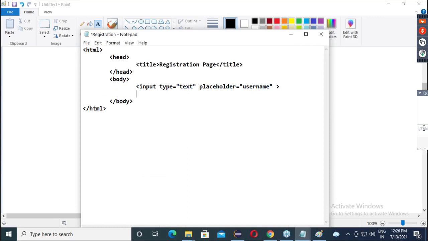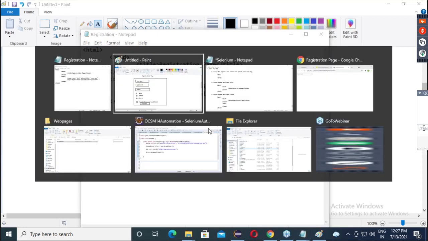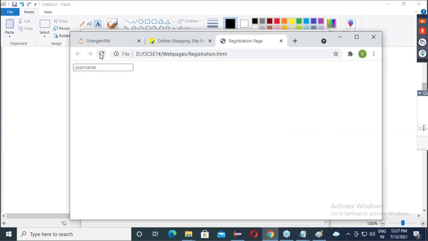Again, we have to give input, type equals to text, placeholder equals to password. So now close this. Now guys, if you do like this and refresh, can I say both the fields come together?